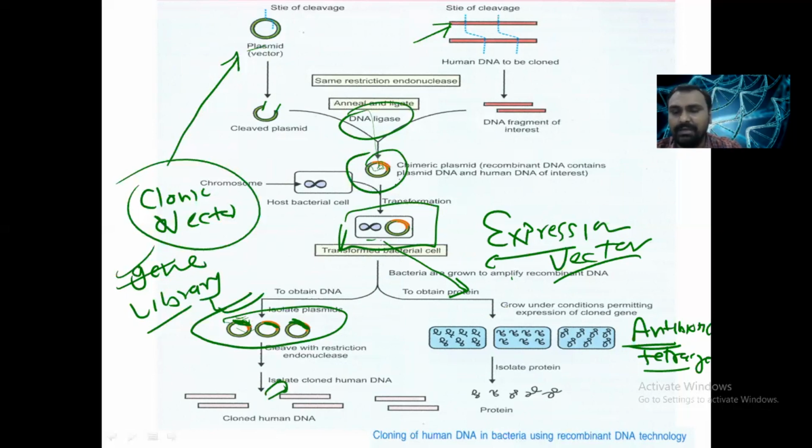And if our recombination has not happened properly, there is self-replication or self-ligation of the plasmid. In all these cases, if the plasmid does not contain the antibiotic resistance gene, then it will die. So only the recombinant vectors remain in the medium, and we can grow them and produce the protein. Okay.